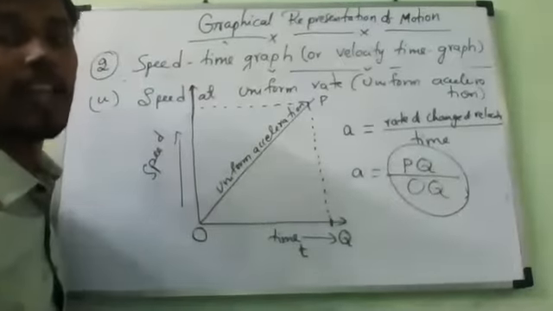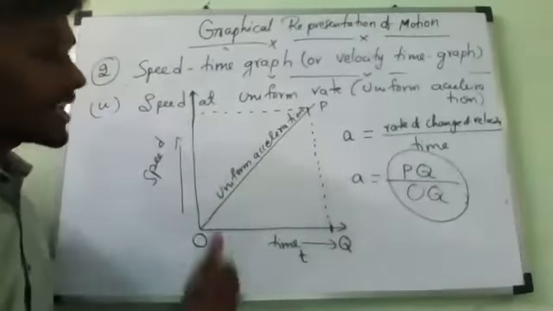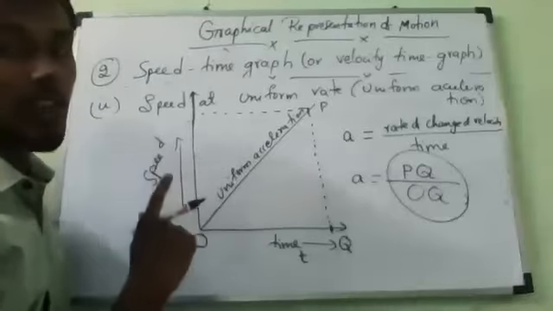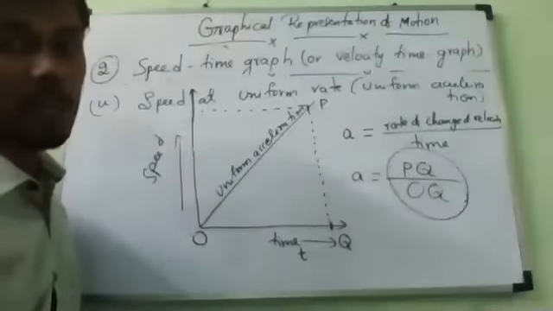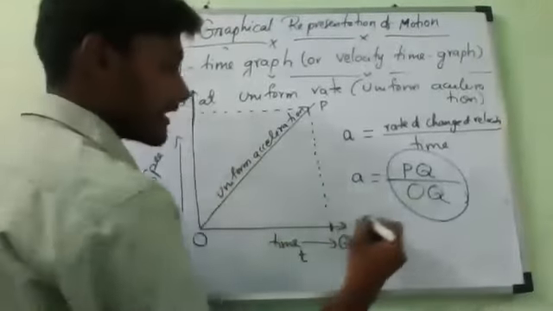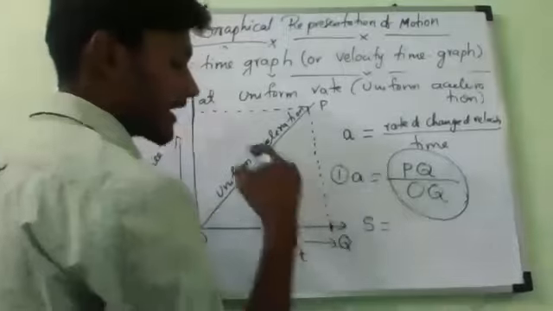So if you want to find the acceleration from the graph, when the speed is uniform, then we can calculate like this: acceleration. As well, from this graph we can also calculate the distance traveled. So what is the distance traveled by a body? Can you find it? From this also I can calculate distance traveled. This is acceleration, the first one. Also distance I can calculate.